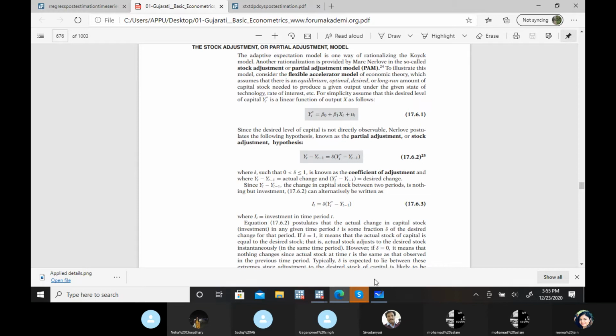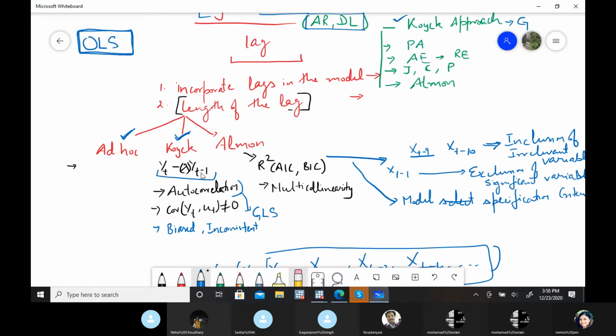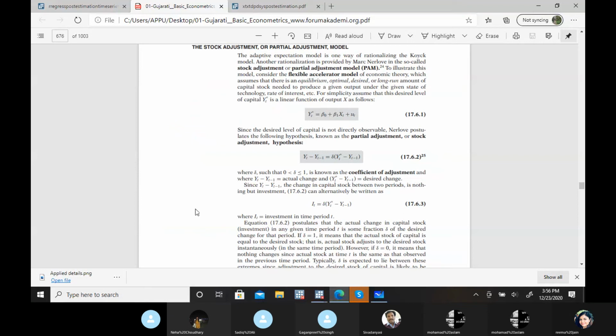But I'm telling you, as far as econometrics is concerned, our concern is that if we have a dynamic variable, then how can we deal with that variable. What's the theory behind that variable depends on the question. But I hope now your question is clear. It's because of this notion, yes. And Neha,